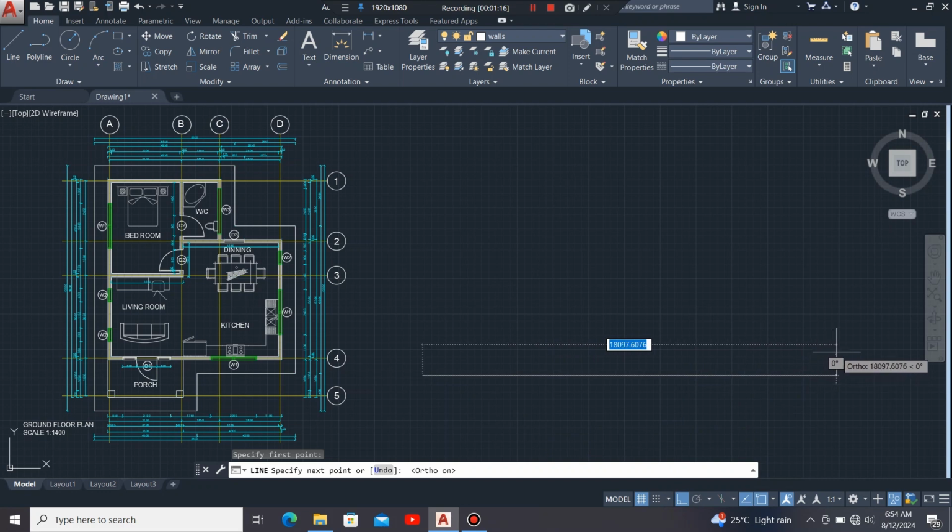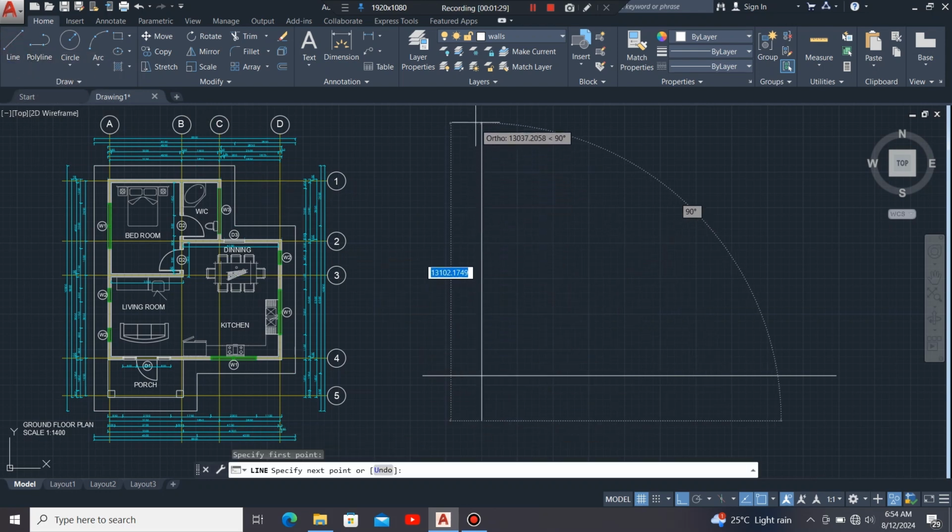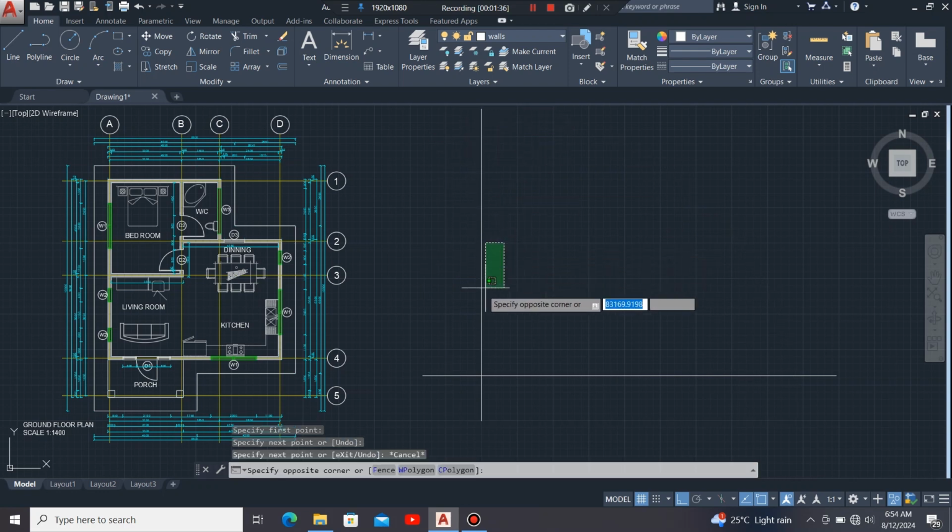I'll draw this line to any length, then press escape. After that, still using the line command, I'll draw a vertical line of any length, then press escape, then I'll highlight this horizontal line,